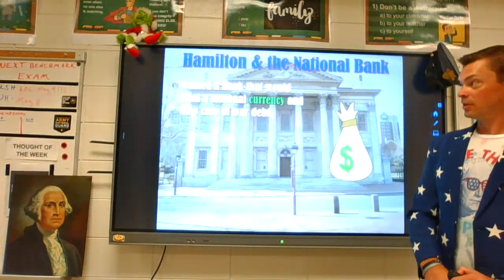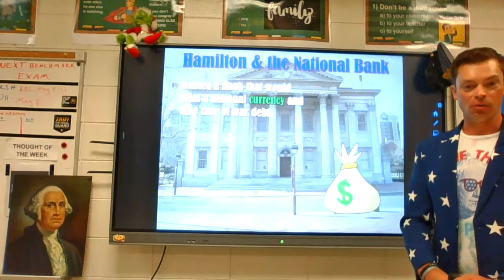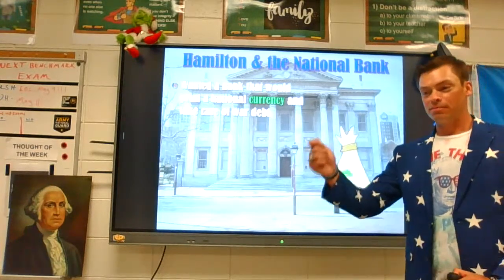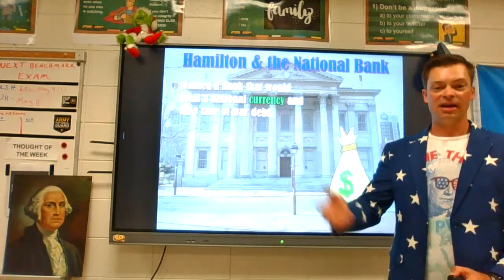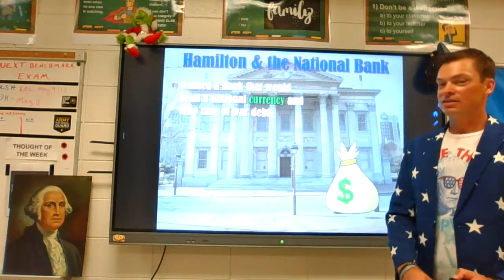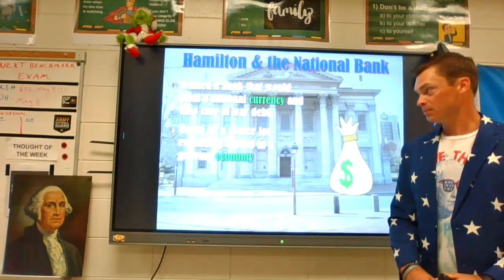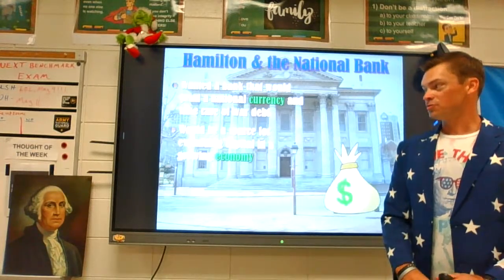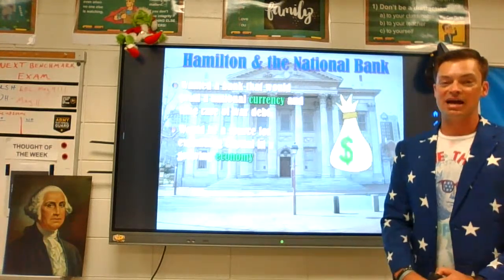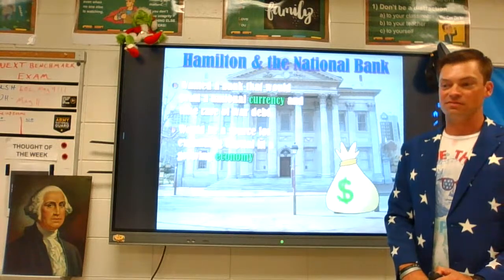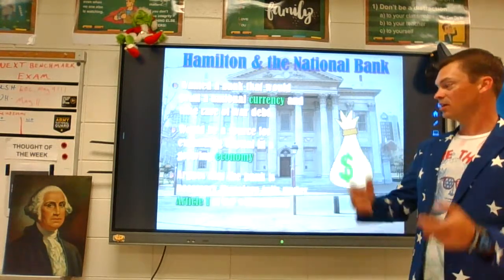Hamilton and the National Bank. So Hamilton wanted the bank so that we could print a national currency and take care of war debt. No longer is there a Massachusetts coin and a Georgia dollar and South Carolina bank notes. Now we're going to have a national currency, and that's going to take care of our national war debt. The national bank becomes a source for expanding capital and growing the economy. This is not an economics class, so I'm not going to dive into all the moving pieces of the economy, but he says that the national bank can help all of us together.